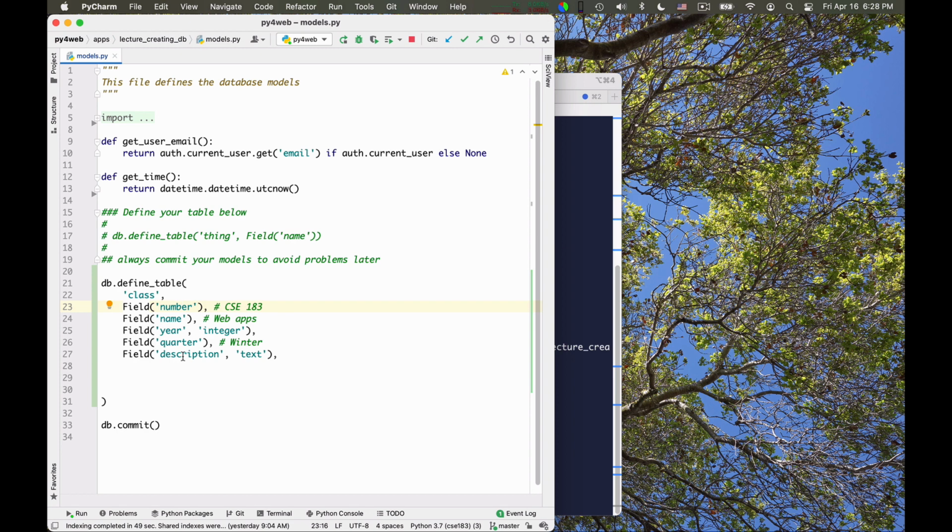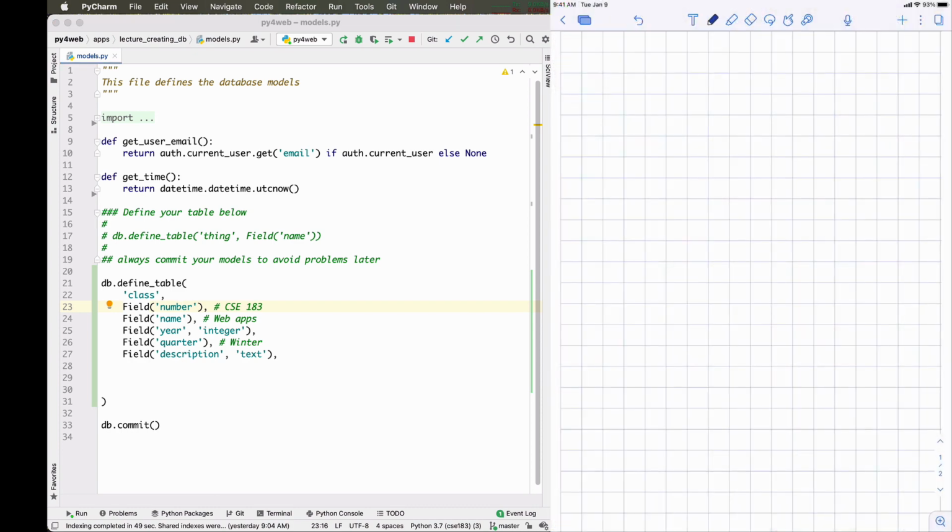So let us think simply at how to organize the information about classes, offerings, and quarters. One way to organize the information will be the following. We have the notion of a class offering, which corresponds to a particular offering in a particular quarter of a particular class. So this notion has a catalog class of which it is an instance, right? It's an offering of a particular catalog class in a particular quarter.